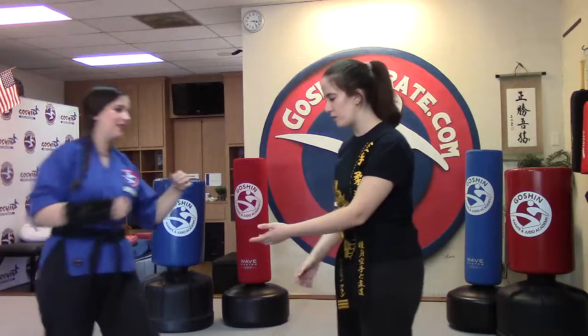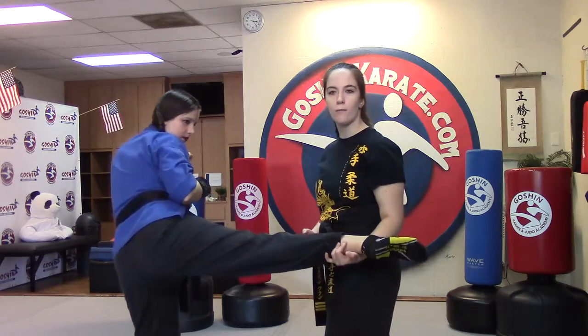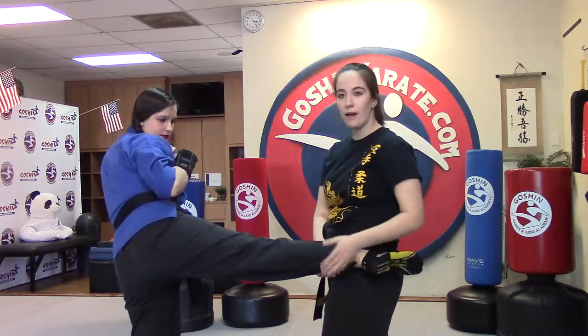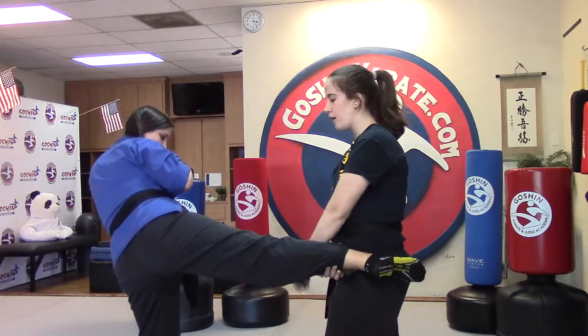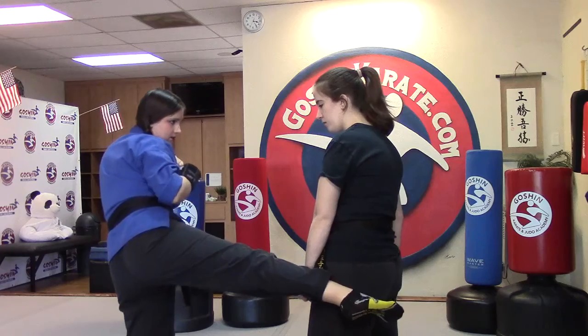I really like this because we do that nice block. If we're a blue belt or higher, we know that there's front kick opening defense, where we make sure that we talk about using our forearm. The one thing I would be careful of is that we want to make sure that we don't get whacked in the arm, like right in the elbow, by this kick. So I could grab here, or...